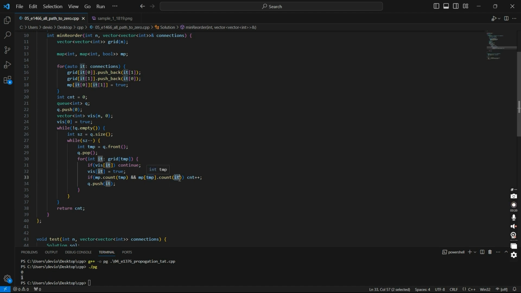If mp of temp and it is there, that means that link is directed away from 0. So you have to count it as a red link, because you have to reverse that link. That link is directing away from 0. We started the search from 0, so that link going away from 0 will be recorded: count will be incremented. Then you will enqueue that node for the breadth first search in the next iteration. Finally, once the breadth first search is over, you will have the net count that you will return as the solution. So let us see whether it is giving the right answer for